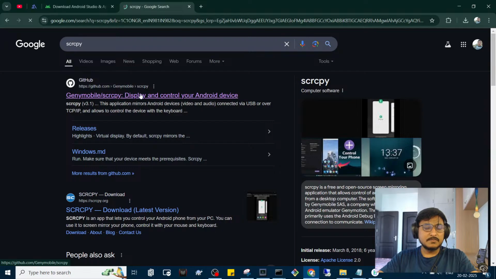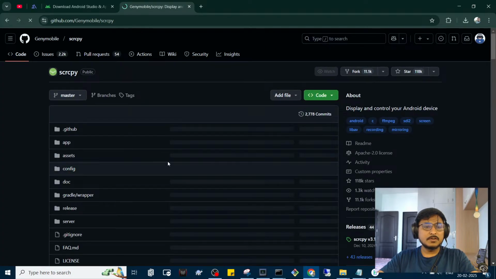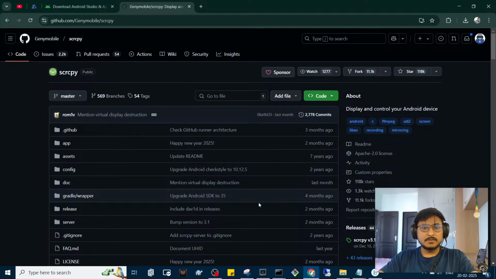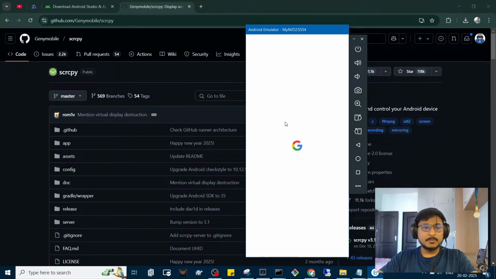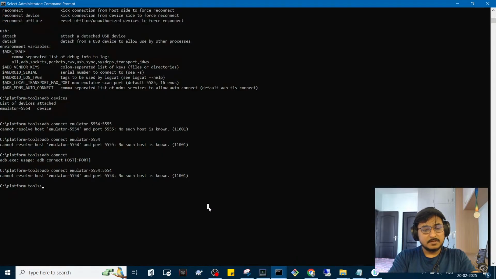What it does, if any emulator or other device has remote debugging on, it can copy that device screen. So for example, if in your network an Android device has Android debugging on, and the Android debugging option is inside the developer options. So once it is enabled and someone in the network runs, for example, they come here,